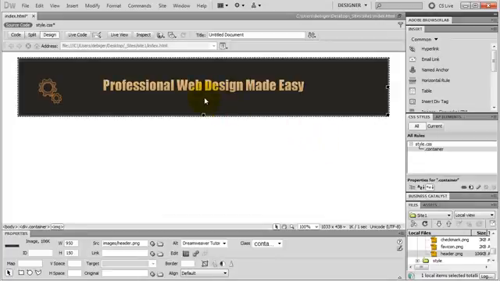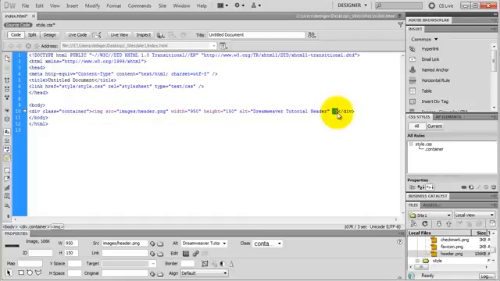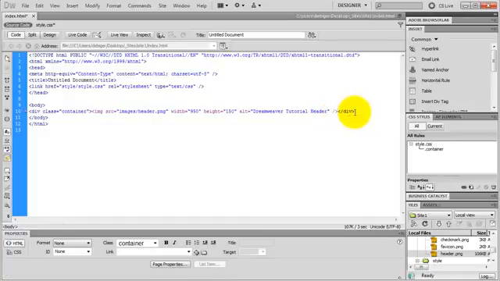And now my header image is right there inside of my container div tag. Let's take a look at the code. There's my div start tag, my image start tag, the source of the image, the size, the alternate text that I just typed in, and there is my image close tag because it's a self-closing tag, and then there is my div close tag. Make sure you don't have a p paragraph tag wrapping around your image, because if you do and you style your paragraph tag later, it's going to apply to your image as well, and you don't want to apply the, let's say, the paragraph margin to your image. Okay, I go back to design view,